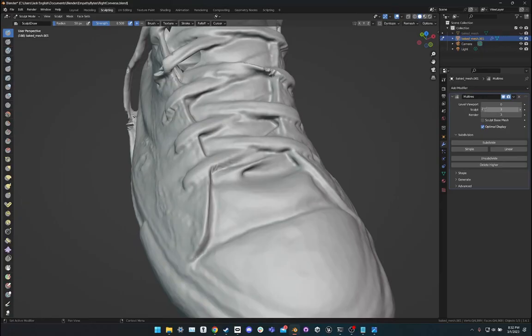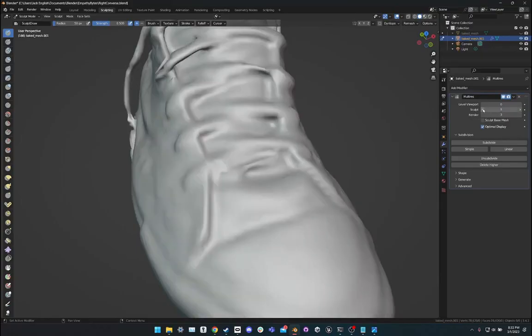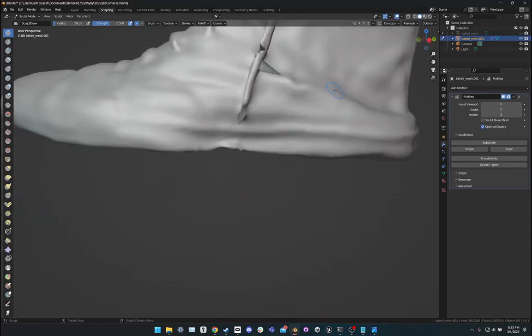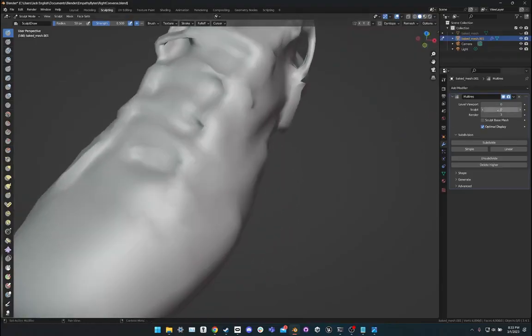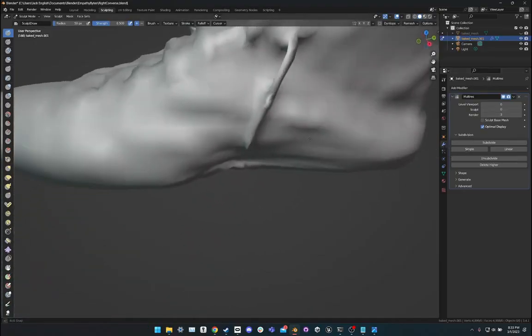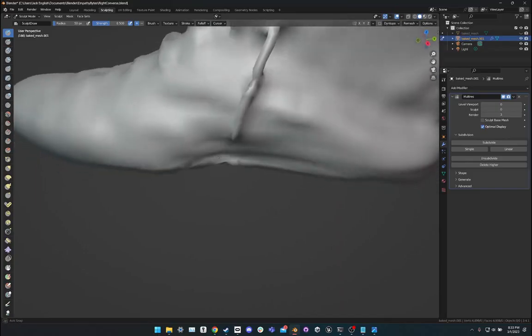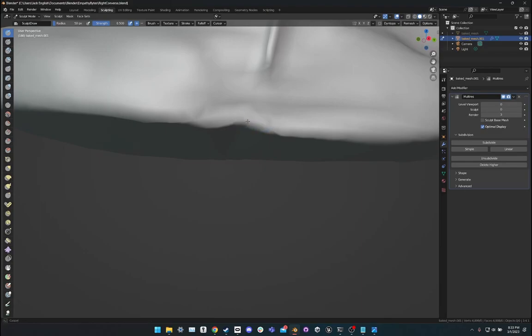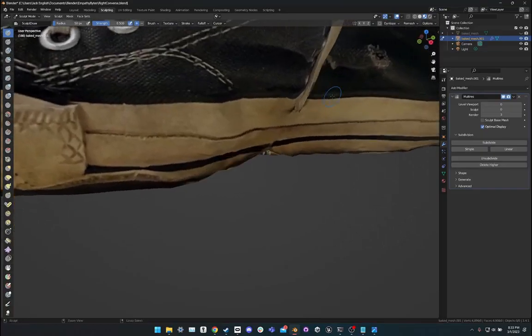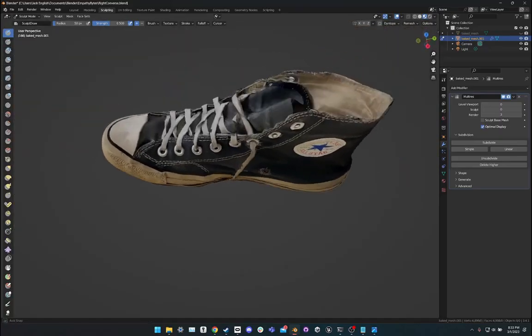Okay, so the problem with sculpting here is we still have this multi-res modifier. So for sculpting, we're going to want to turn the multi-res sculpt down to 0 in this property panel. And then if you want to do some tweaks after this whole process, you can do them here. And yeah, I'm just going to leave it the way it is though. Okay, so